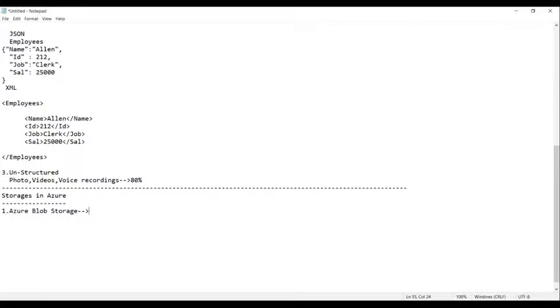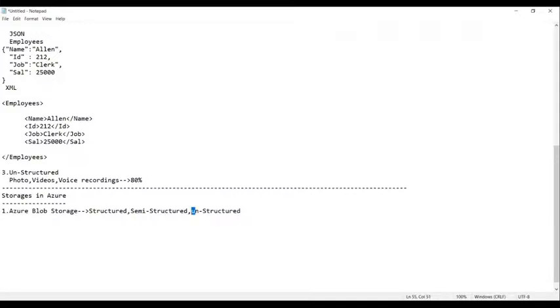So that means the Azure Blob Storage can store structured data, semi-structured, and unstructured data.